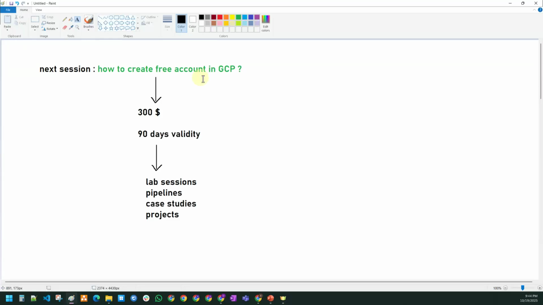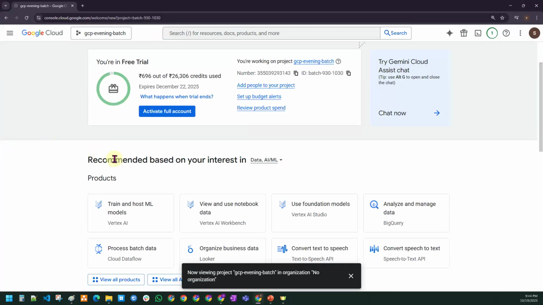Okay, so this account creation I will tell you later, but look here, guys. If you create an account, this is how the interface looks like. So I'm going to just give you a high level overview of all of these options, guys. Let me give you what these options are. If you look here, this is what our home page looks like.